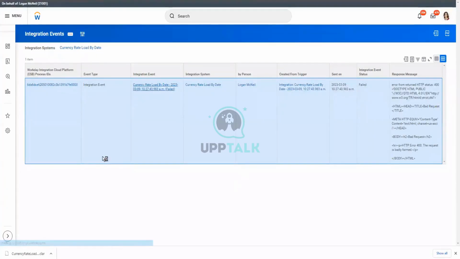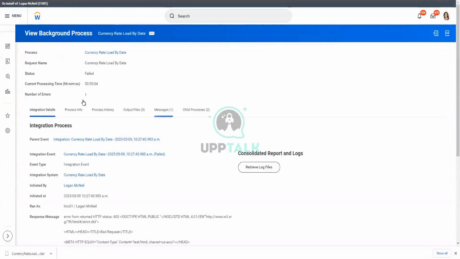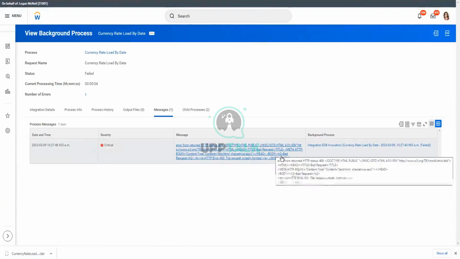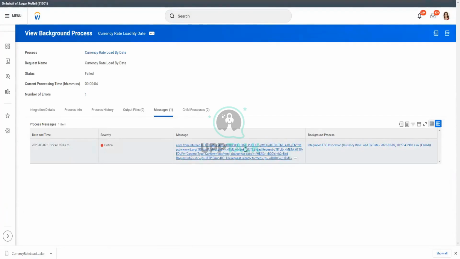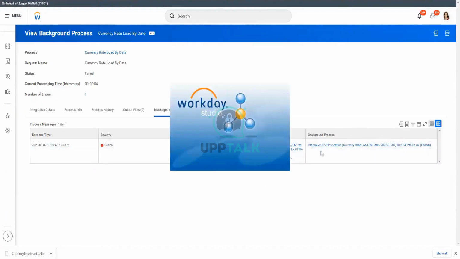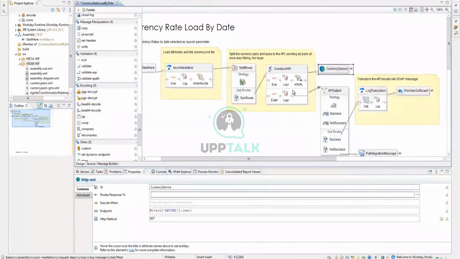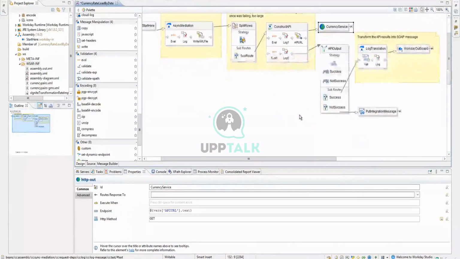Let's have a look. This integration is not tested. As a sample, this is good for understanding as to how an integration may work. But this is not a fully tested solution. There are errors in this integration as of now. Let's try to see if we can find another integration which has